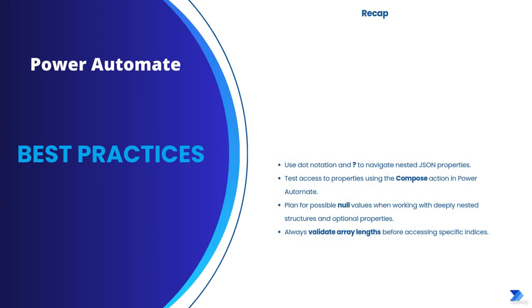Best practices recap: use dot notation and the question mark operator to navigate nested JSON properties. Test property access with the compose action to verify your references. Plan for possible null values when dealing with deeply nested structures and optional properties. Always check array lengths before accessing specific indices. By understanding how to navigate and manipulate nested JSON structures in Power Automate, you can effectively handle complex data in your workflows. This knowledge will empower you to create more efficient and robust automations,